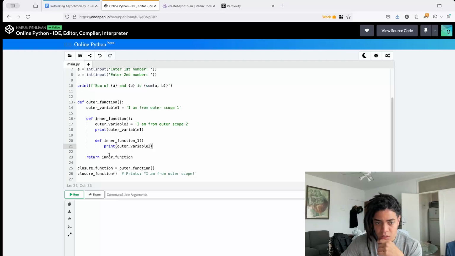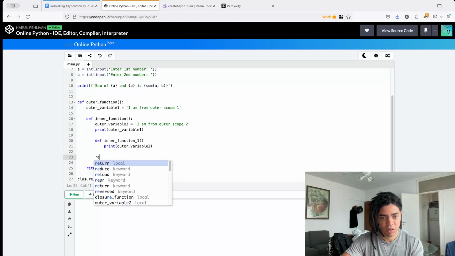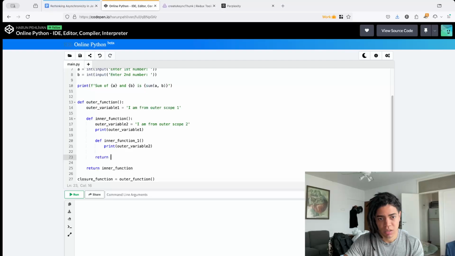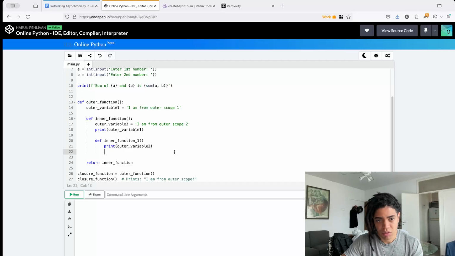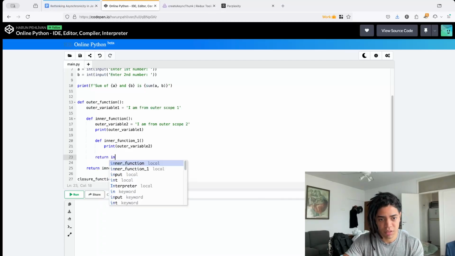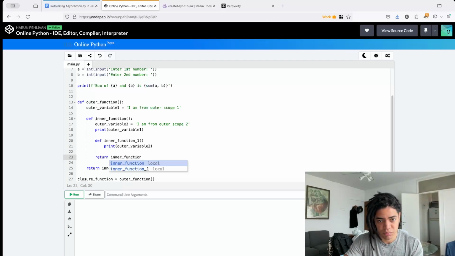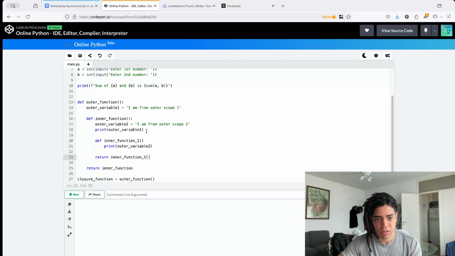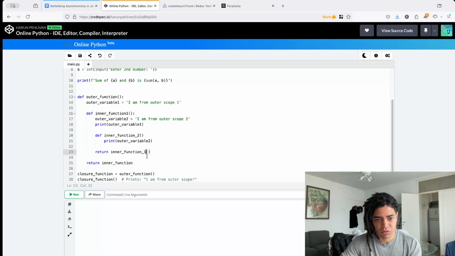And here what this will return is the inner function. Alright, as a way to make this much cleaner, this will now return the inner function 1. Okay, it's going to make this more contextually meaningful. And then 2. Alright, so I want you now to return the inner function 2, putting it here